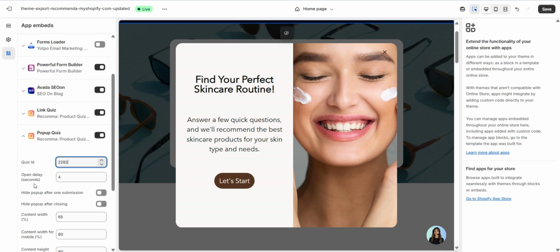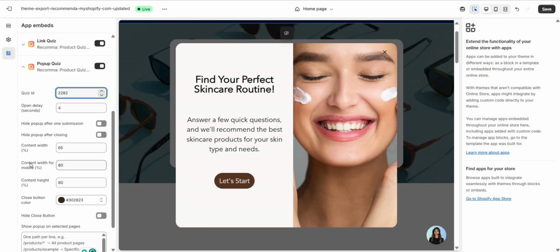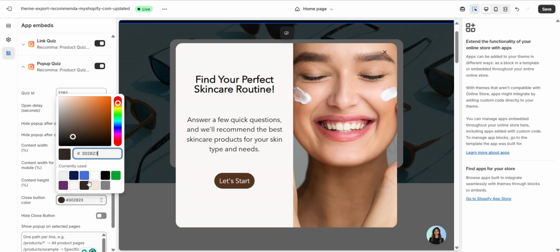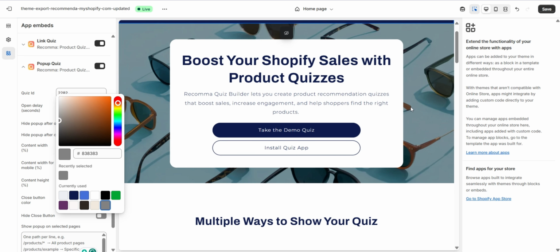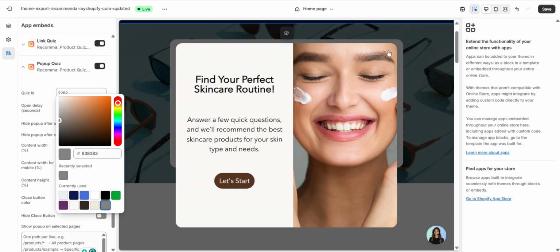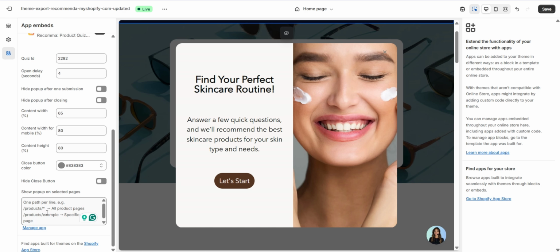Here you can see the app offers different options to customize the pop-up quiz. As I have already mentioned, you can choose the open delay in seconds. Here you can hide a pop-up after one submission, or you can hide a pop-up after closing. You can specify the content width for mobile, and content height. And also you can change the close button color. For example, you can set this one and it will be changed accordingly. Like this. Here you can tick and hide the close button if you want, and you can show the pop-up